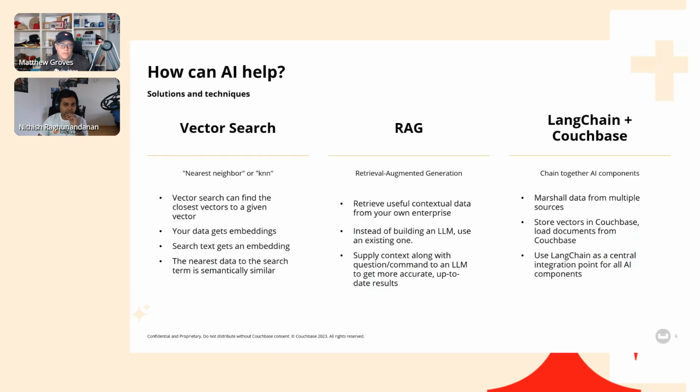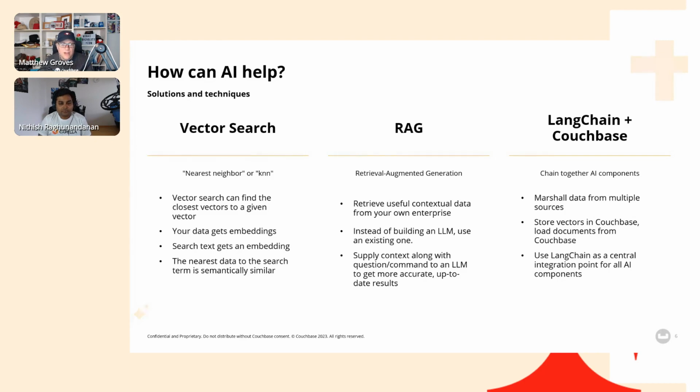So what can we do with AI to help solve these issues? So one is vector search. Vector search is not just for AI. You can use it to find nearest neighbors with any information that corresponds to a vector, which is just a list of numbers. RAG is another one. Nitish told me once that some people call this a hack. It is a kind of hack. It's a very good hack to use an LLM that someone else has trained, supplement it with your own relevant data on the fly. And we'll see some examples of that today.